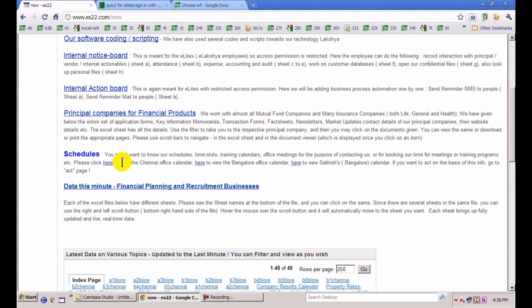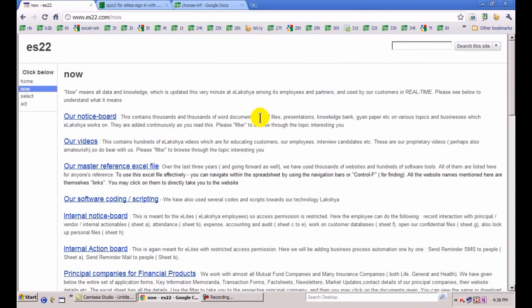So that all integrates into our account admin, our pages for principals. We have a separate section for our principal companies, right here, where on a click of a button they immediately come to know how much business has been generated for their product through us, and how much is in the pipeline. It's all again an Excel sheet in the cloud, which is sortable and filterable, and the complete ERP system takes the help of our god Google, Google Spreadsheets and Google Docs, to arrive at conclusions.